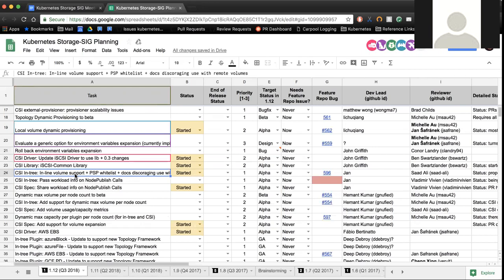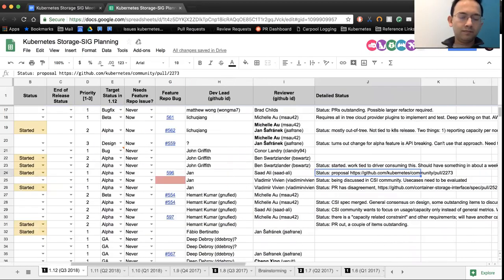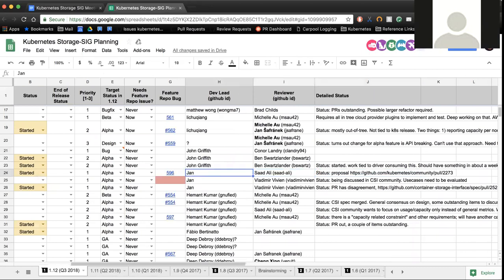If that is the case, then if someone references a driver inline, we can check that and allow it to happen. This is work that Jan is driving. Jan, is there anything else you want to add to that? Not really. Cool.